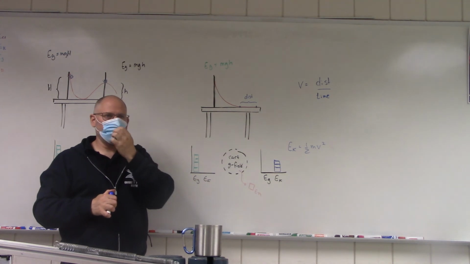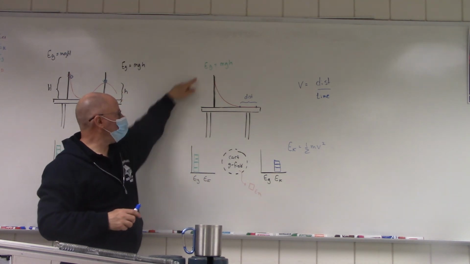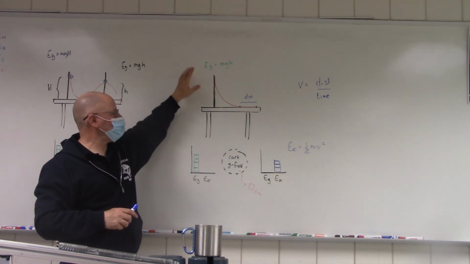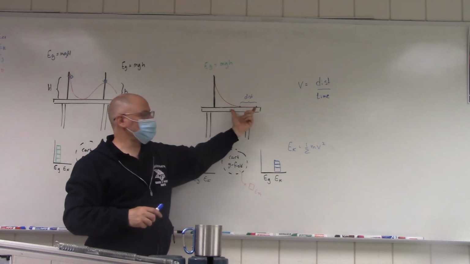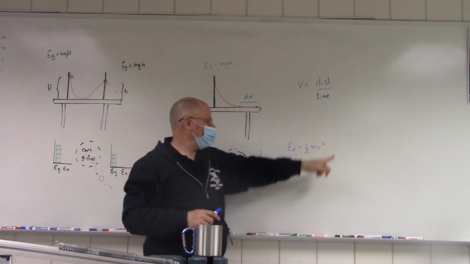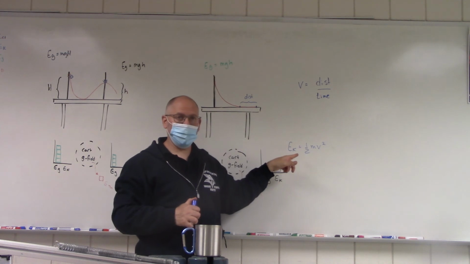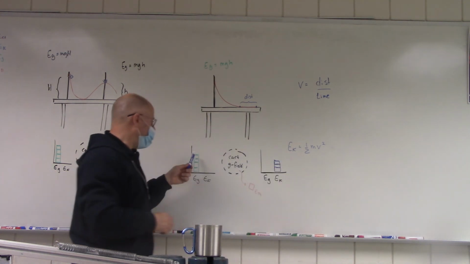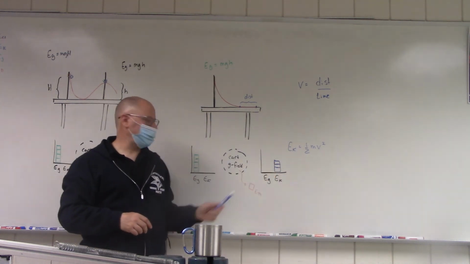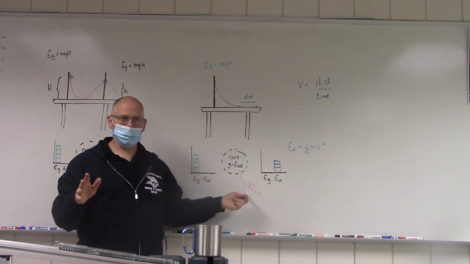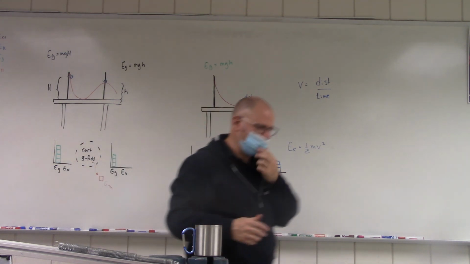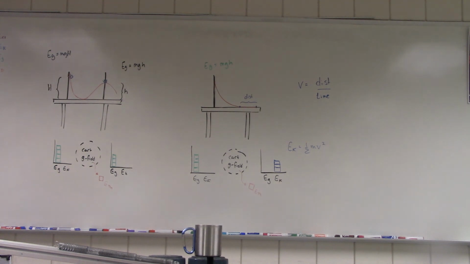Is that cool? So, you're going to measure the height, and calculate the MGH. You're going to get the speed using this. Then you're going to do 1/2 mv squared. So you're going to get a value for this, a value for this, and subtract to get a value for this. Does this make some sense to you? Now, you're like, all right, that sounds pretty good. How am I going to construct this thing? Well, here's what we're going to do.